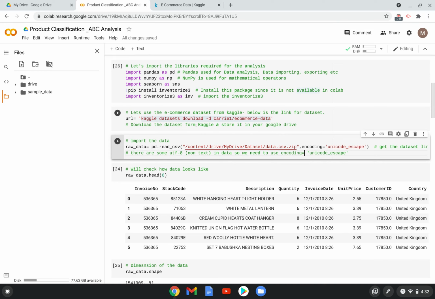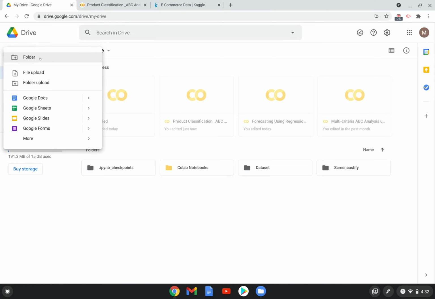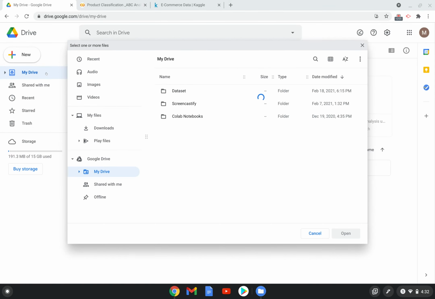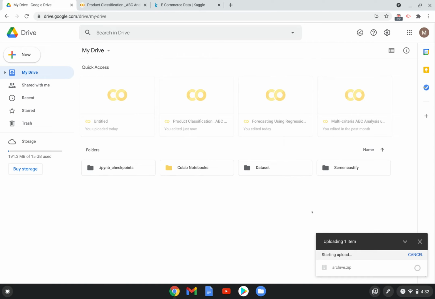But I'm choosing the previous method, which I mentioned. In that, I just need to upload the data set to my drive, like click on new, then file upload, go to downloads. It was in my downloads. So it is taking time.